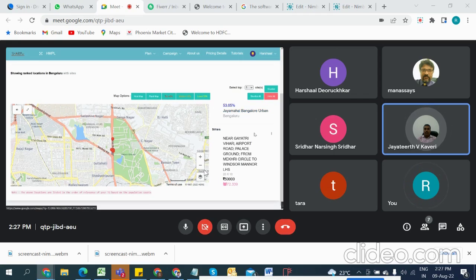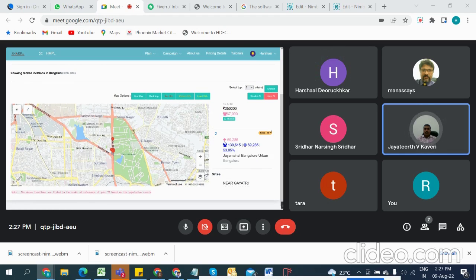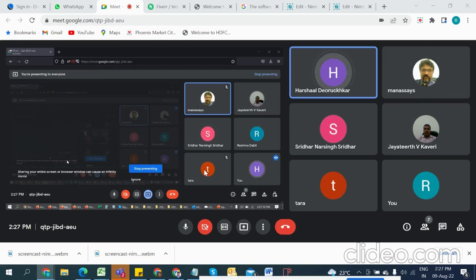Sorry for asking one more question. Who is the audience for this site? When you say client, let's say Pepsi wants to put up some advertisement. Is Pepsi going to look at this when they will have a